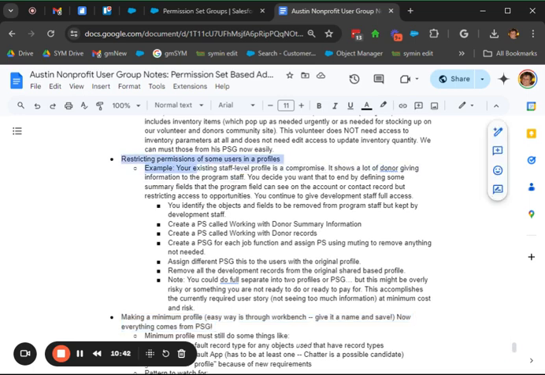So we are going to restrict permissions of some profiles. In particular, we're going to define working with donor summary information and working with donor records as two different permission sets, because we do want our volunteer managers to see that the person in front of them is a donor, and maybe even whether they're a big donor or a new donor or whatever. But we don't want them to have access to the donor records, and so those will be two separate permission sets, and we'll create a permission set group for the two functions,